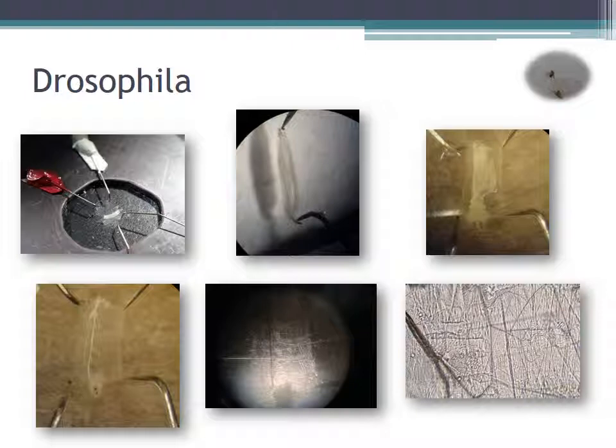In the next picture, you can see where we inserted the electrodes. On the left side, you have the suction electrode to stimulate the nerves, and on the right side, you see the intracellular electrode coming into the picture and going into the muscle to record potentials. In the last picture, you can sort of see the outline of the intracellular electrode coming in from the right-hand side.